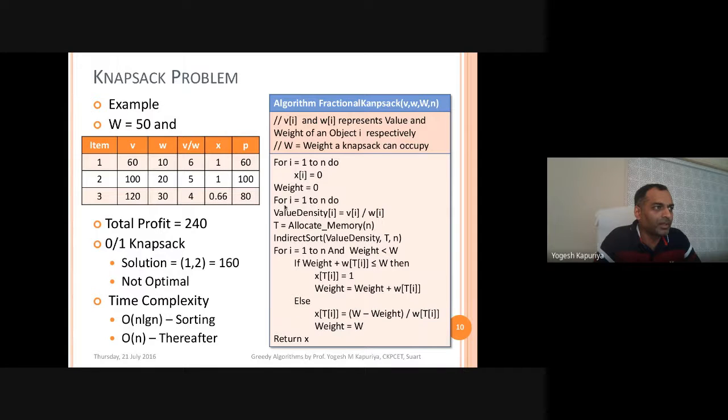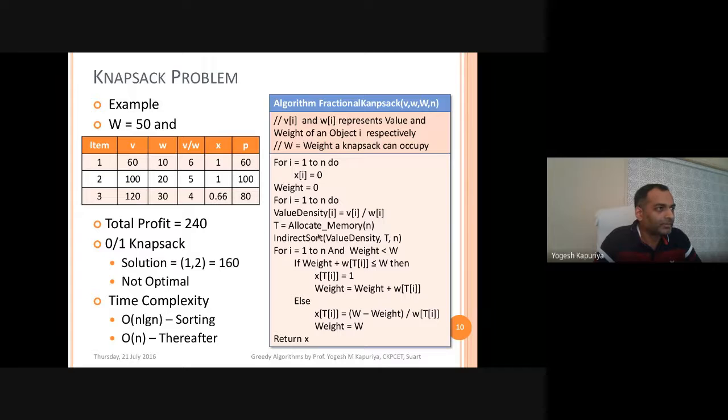Then, as I told you, next we compute the value density. This statement is inside this for loop. We run a for loop and calculate value density by V by W. Because V is an array and W is an array, value density has to be an array. So value density of i is V by W.